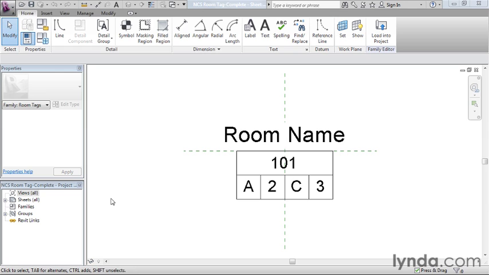The room tag that I have on screen here is the completed version, and it's based on one of the tags that is shown in the U.S. National CAD Standard. The U.S. National CAD Standard, or NCS, doesn't ship with any Revit files. So if you decided to purchase and adopt the National CAD Standard, you would be responsible for creating those files yourself in Revit. And so I thought I would use that as the example for creating this custom tag here